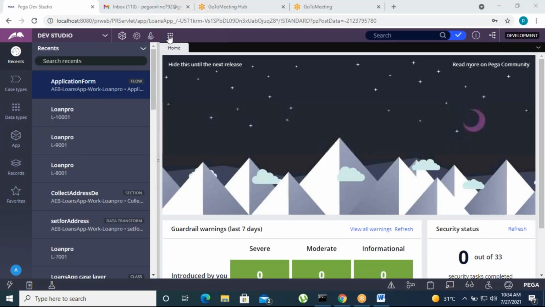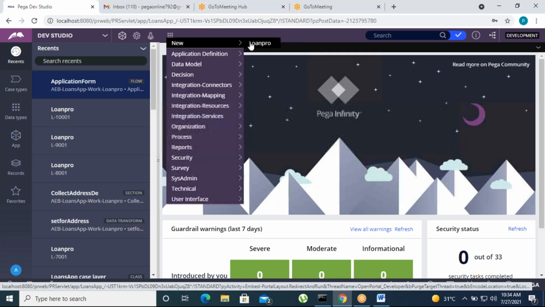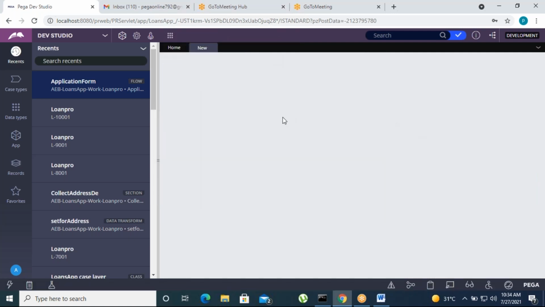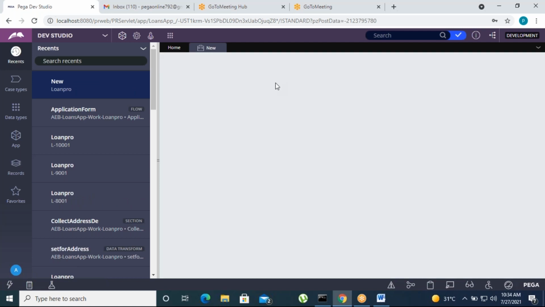Let's run the case now. Suppose there are two pages, one page for the current address and another page for the permanent address, or one page for the billing address and another page for the shipping address.